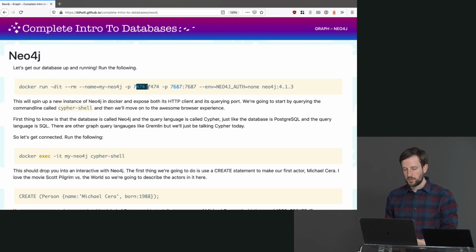This is going to open port 7474. That's where the browser experience is exposed, and port 7687, which is the communication port where you can have your Node app write to Neo4j. We're going to say no authentication because we're just doing this locally for fun on our computer. Obviously, you would not do this in production. You'd have advanced credentials and things like that. And we'll be on version